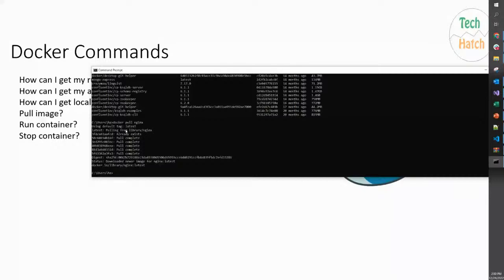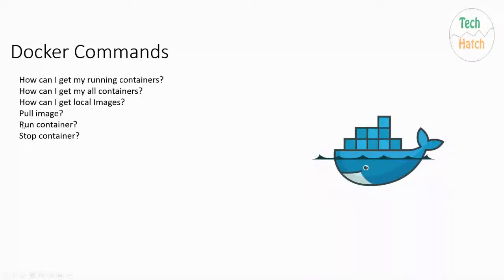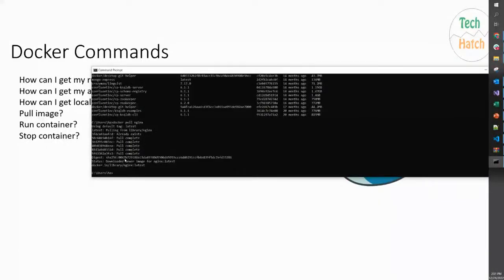So my next question is that we know how to pull the images. The next question is how I can run the container from the images. So let me run the container from the Nginx image. We can use the run command, docker run, and then we can use my image name. Okay,